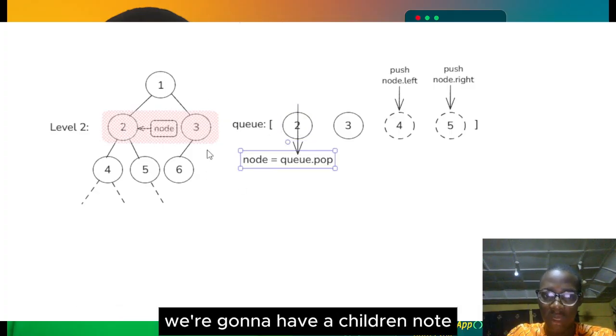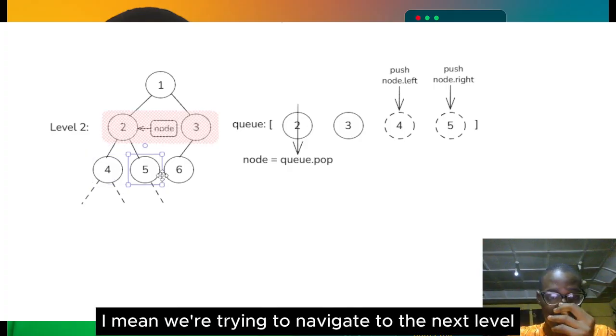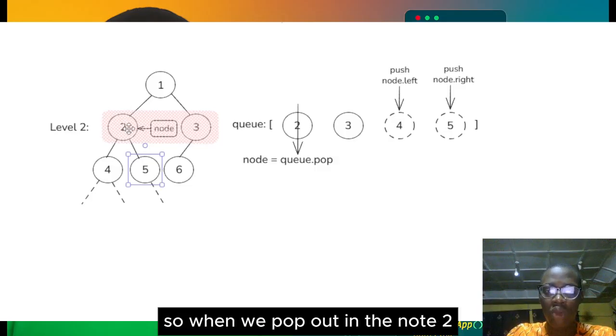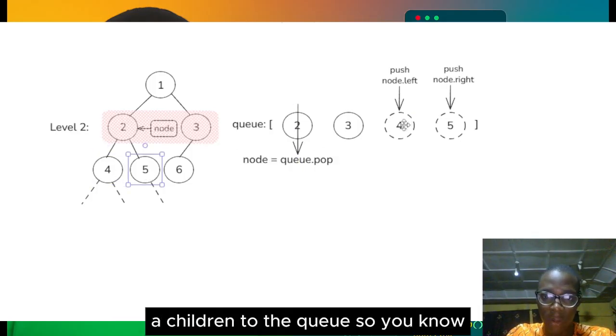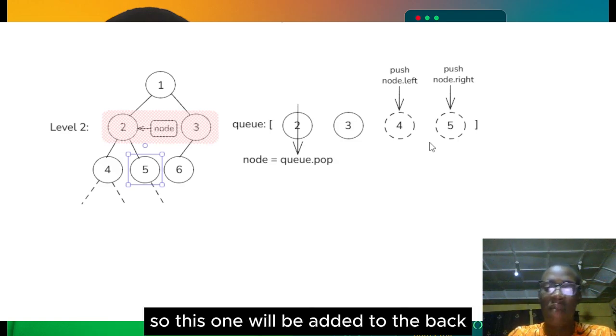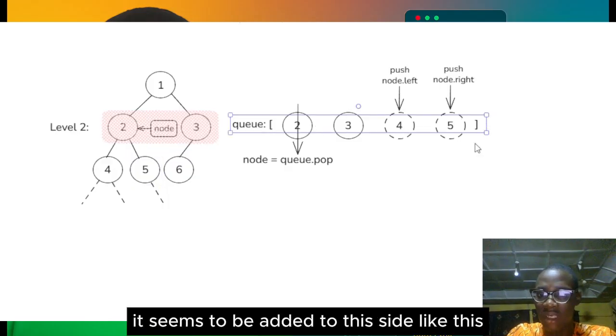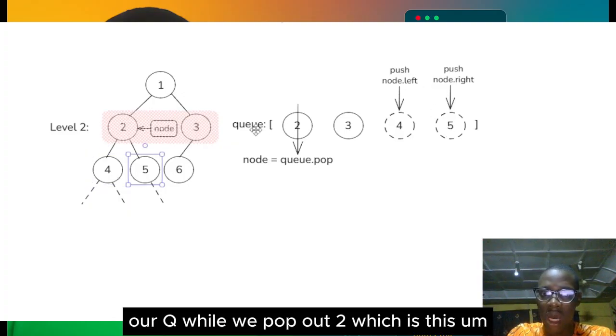By popping it out, we're going to add a children node. Don't forget that we are trying to navigate downward. I mean, we're trying to navigate to the next level. So when we pop out node 2, what we're going to do is add its children to the queue. So don't forget how a queue works. A queue is first in, first out. So this one will be added to the back. That's why it seems to be added to this side like this. So we're going to add node 4 and node 5, and we're going to push them into our queue while we pop out node 2,